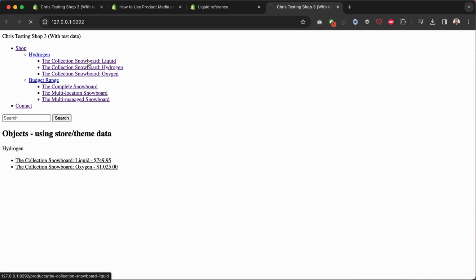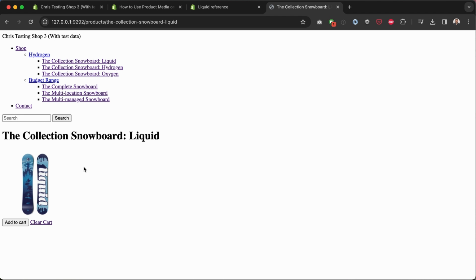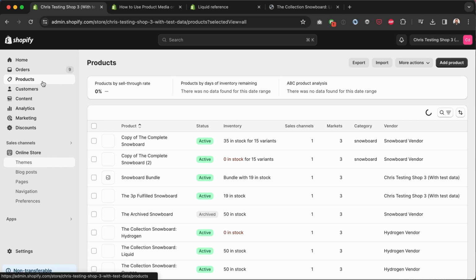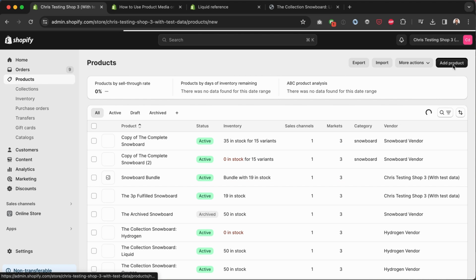So we're going to have to go to a product page, and you can see here we're loading the product template. But I've actually got some media in a folder for a particular product that I haven't created yet. So I'm going to create that right now. I'm going to go into my development store admin, click add product,